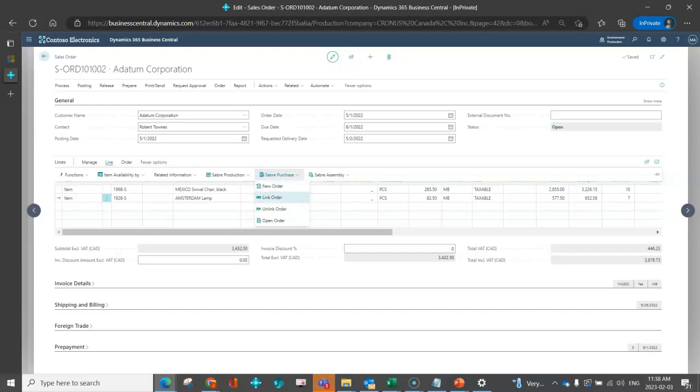I could link to an existing order, so if I had a previously created purchase order, I could just create that soft link or that reference between the two. If I wanted, I could break a link that had been created previously, and I could drill into the purchase order directly from the sales order. So within the latest feature of Business Central, you can create a purchase order from a sales order, but we've enhanced that functionality to again reference each other, link, drill down, and make connections where there wasn't in the native software. So I'm going to go ahead and create a new purchase order.